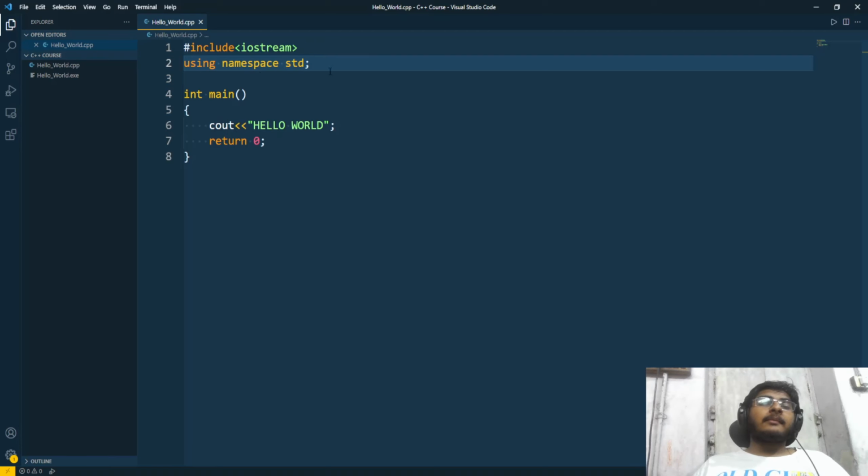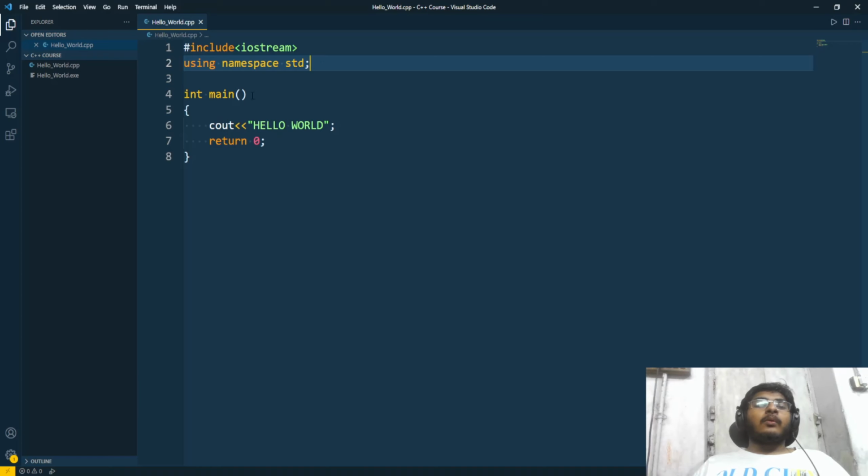This using namespace std tells us that if we have written something that is not declared in the current scope, we must go and check if that is declared in std. It is also required because the computer needs the code for cin, cout, etc., that is, how to take input, how to print output, etc.